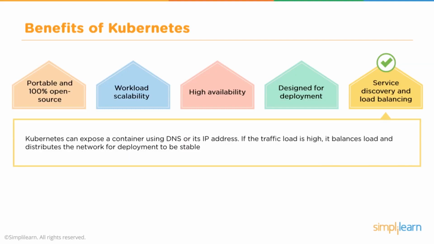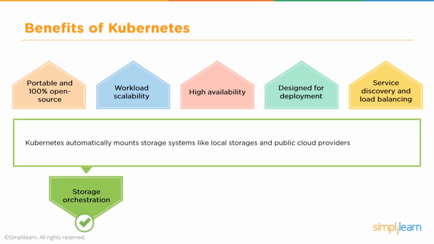Then what you'll find is that the load balancing is extremely efficient, and it allows you to distribute the load efficiently across your entire network so your network remains stable. And then also the tool allows you to manage the orchestration of your storage. So you can have local storage such as an SSD on the hardware that the Kubernetes is maintaining. Or if the Kubernetes environment is pulling storage from a public cloud such as Azure or AWS, you can go ahead and make that available to your entire system.